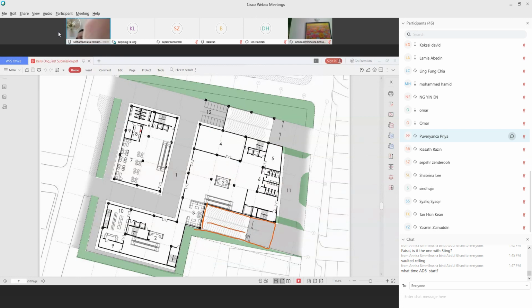Mine is 2 times 9, 18 divide 8, 2.25 meter. 0.25 meter, that point there.